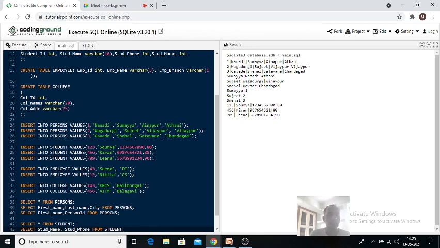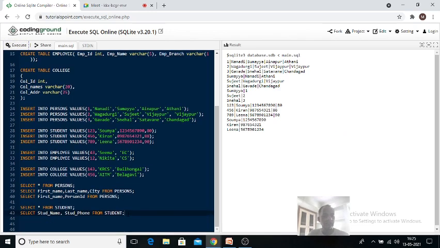Okay, so semicolon and execute it. I got only those things. Clear? So similarly you can execute the remaining.